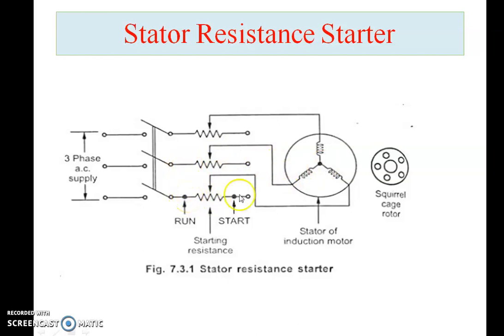Okay, so once I connect the stator winding to the run position, once I get 80% speed of the normal value, then the resistances are automatically cut off. Because the current that comes here will flow directly through the winding in the run position, so current will not flow through the resistances, and so there is no power loss during the running conditions.